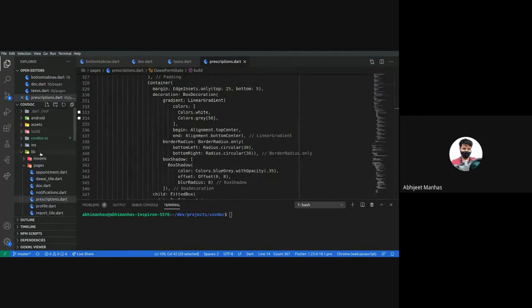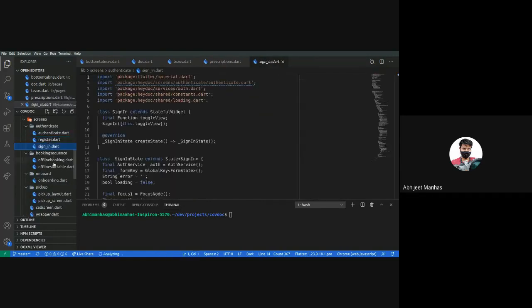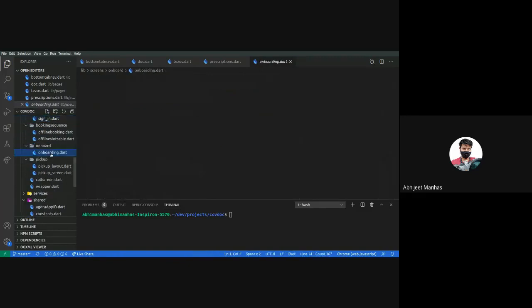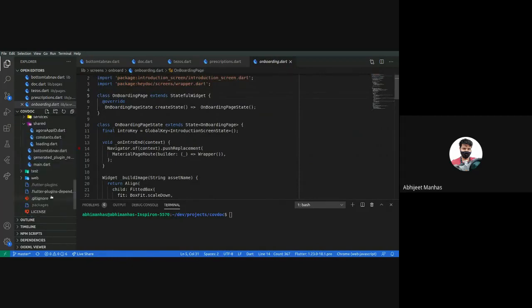And this is the basic overview of our app. So here we could see our appointment file. This is managing profile details. Then we have authenticate, which manages sign in and register by using Google APIs. Then we have the onboarding sequence. This pickup manages how we are managing our calls, etc.